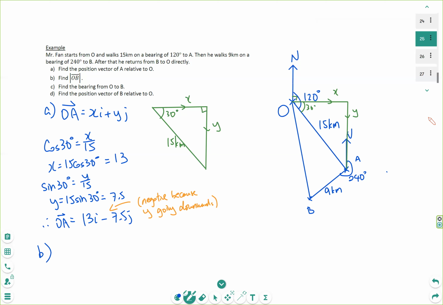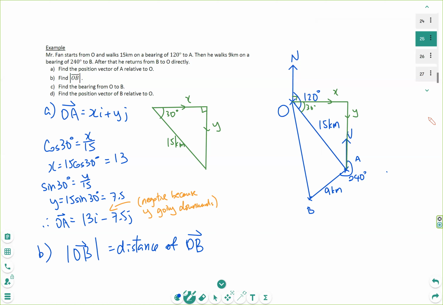Part B, to find OB, the magnitude of OB. Let's find a vector OB first. If we can find vector OB, the distance OB, hmm, this does not seem to be too much with the vectors in here. Maybe I will think about the distance OB. So OB is the distance of OB. The quicker way is probably that I'm thinking about